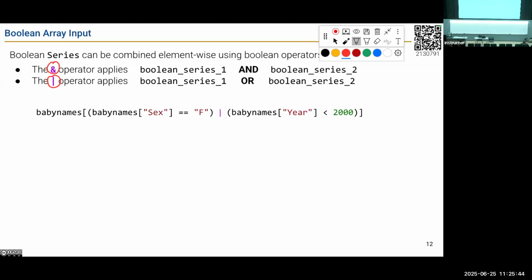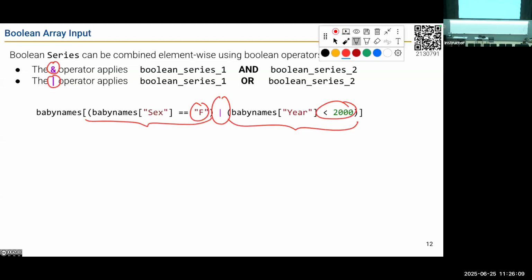So for example, we could say, let's go grab all of the rows where the sex in the baby names data frame is F, or the year is before 2000. So what we've done is constructed 2 Boolean series of trues and falses, and then we are saying OR element-wise. We look at the first element of each thing.